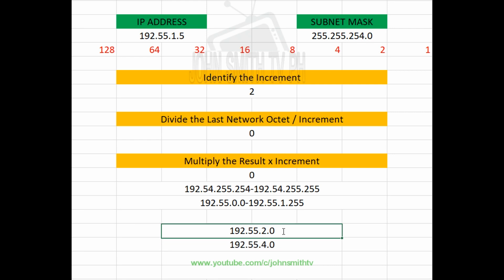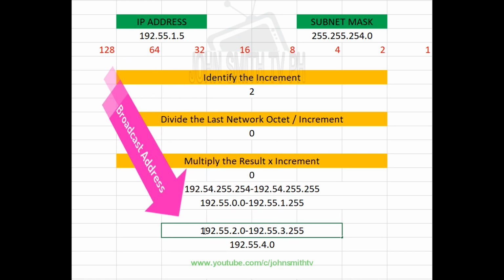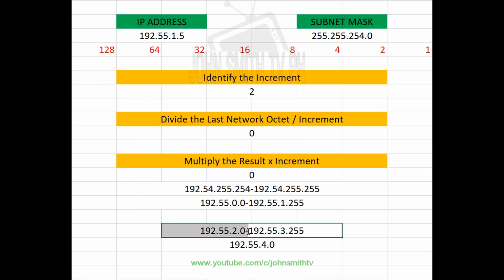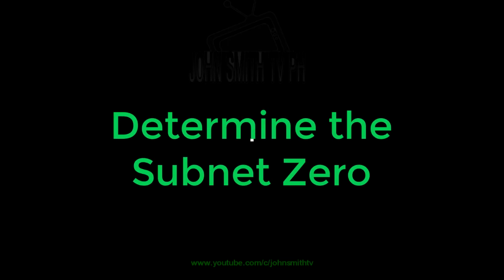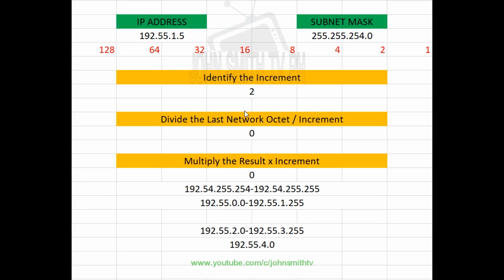192.55.4.0, then minus 1 is 192.55.3.255. Now this is our broadcast address sa susunod nating network, which is 192.55.2.0. Now what if I needed to know what is the subnet 0 of this IP address? Madedetermine mo yon